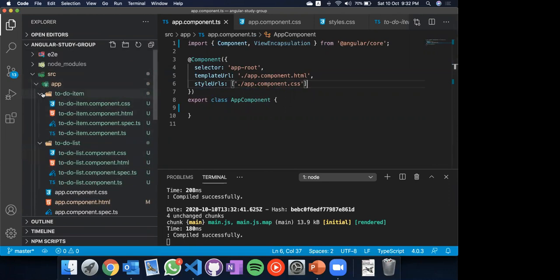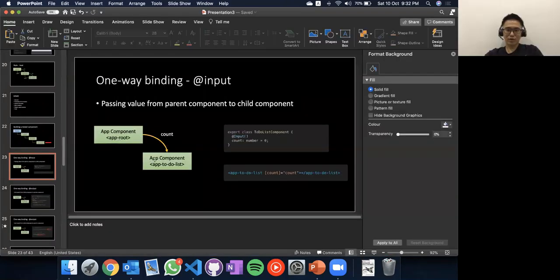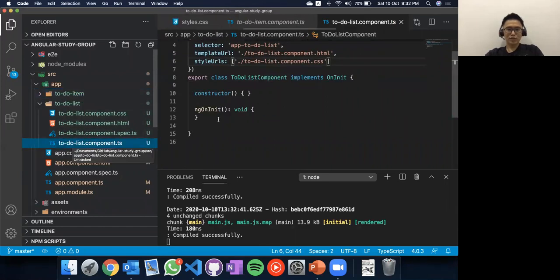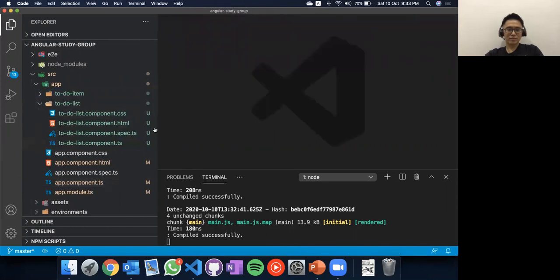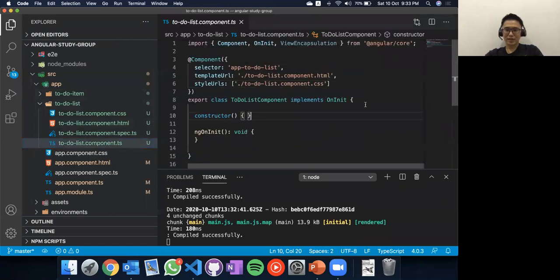Okay, so let's look at this diagram. We have a root component and we have a child component, the to-do list. So we ignore the to-do list item first. Let me close everything. Let me open up this file. Okay, here we go. So first of all, in order to pass the information to this component, we need to